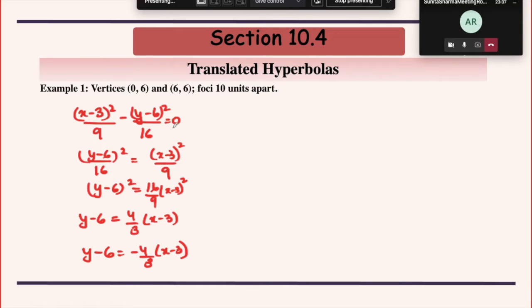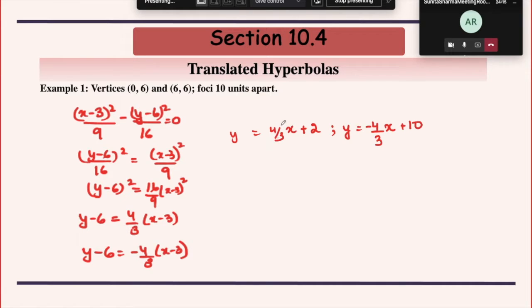Use the equation, equate it to 0 if you want to go from the very beginning. So you can follow this procedure. So this gives you the equation of the two asymptotes. Take the square root on both sides. So you get y minus 6 is plus or minus 4 by 3 into x minus 3. So you can directly also do it, but in case you want to, just do it from the very beginning. You can just replace that 1 by 0 and then solve it. So you will get these equations, which is nothing but y is equal to 4 by 3.